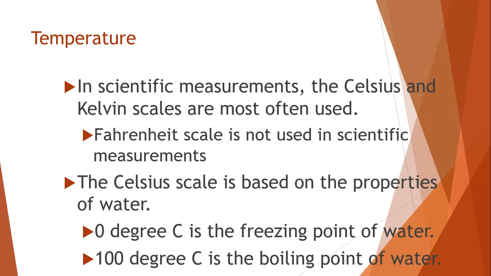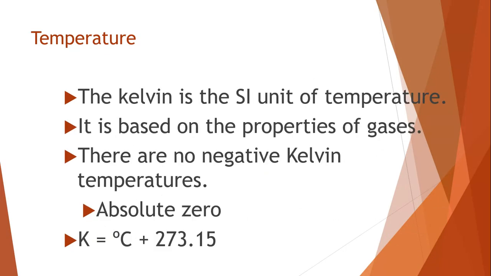Now, the Celsius scale is based on properties of water. For example, we should know that water freezes at 0 degrees Celsius, where it boils at 100 degrees Celsius. The Kelvin scale, though, is the most often one used specifically in chemistry. And we will specifically use the Kelvin scale a lot when we talk about gases. It is the SI unit of temperature, like we saw when we went over the 7 base units. The Kelvin scale is based on properties of gases, which is why we tend to talk about it a lot